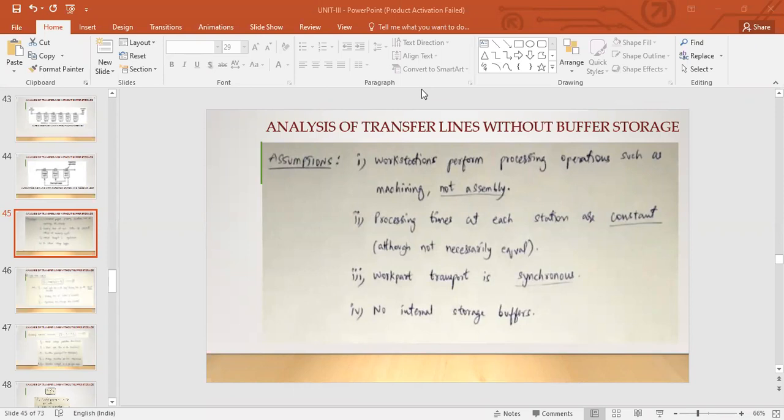So synchronous basically is that you have all of the operations, the workheads are not moving. The first distinction from the first one, that is your continuous transfer, is that they are not moving, right? Only the work parts are moving. The workheads are not moving. The work parts are taken to different workstations. But all of that is happening at once. It is synchronous basically. After, let's say, 6 seconds, 6 seconds is the cycle time. After every 6 seconds, each work part will move on to the next consecutive one. Okay, just a minute.